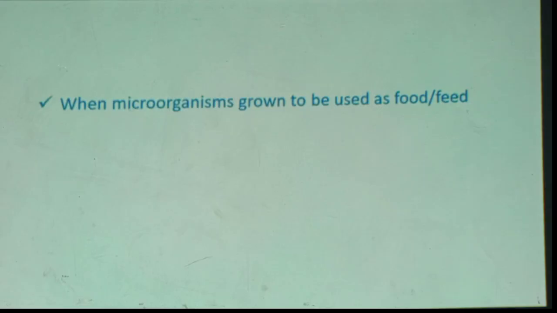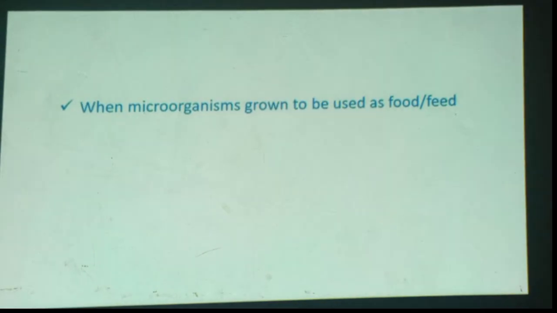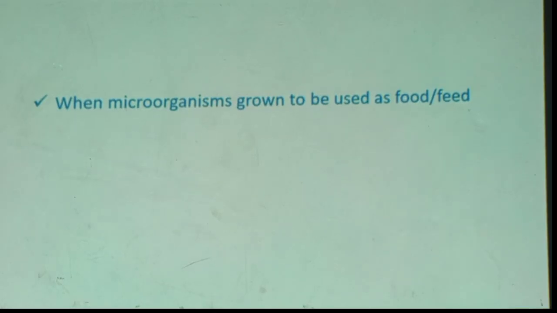Now, the first area: when microorganisms are grown to be used as food or feed. Remember, when microorganisms are used as food, they are consumed by human beings. When they are used as feed, they are consumed by animals. We are preparing microorganisms or organic food molecules from microorganisms to be used by domestic animals like dogs or cattle, whatever it is. Nowadays, the most common service that microorganisms grant us in biotechnology is using microorganisms as a feed, because I've told you earlier